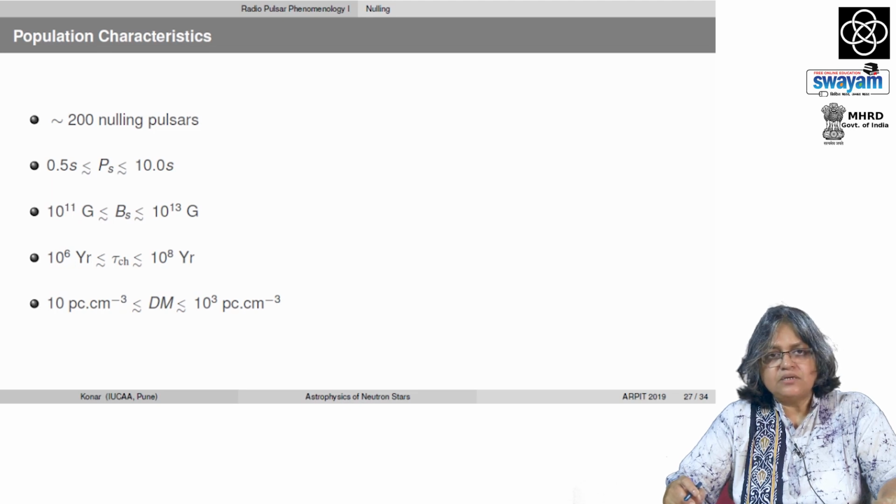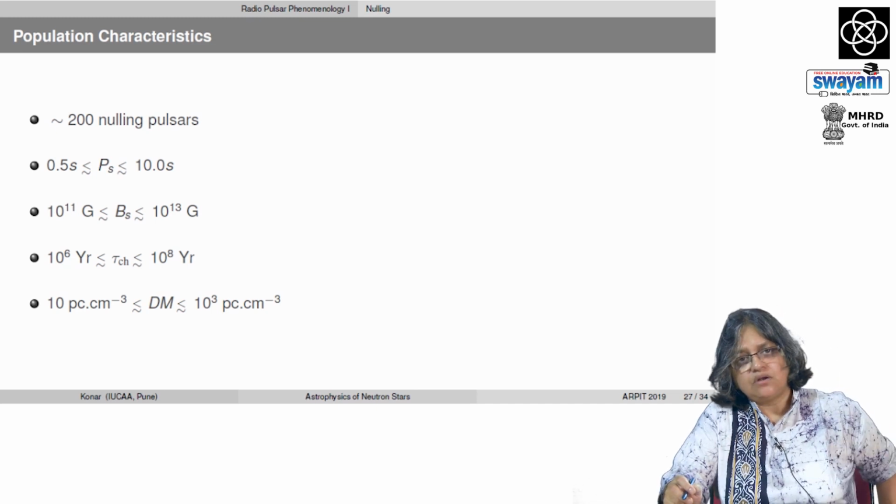The periods of the nulling pulsars are reasonably high; they are slower kinds of pulsars. The spin period ranges from about half a second to about 10 seconds, and correspondingly the magnetic field is on the higher side, between 10 to the power 11 Gauss and 10 to the power 13 Gauss. There are also somewhat older pulsars, the age being 10 to the power 6 to 10 to the power 8 years, and they are not concentrated in any particular region of